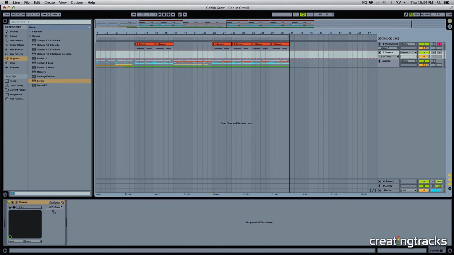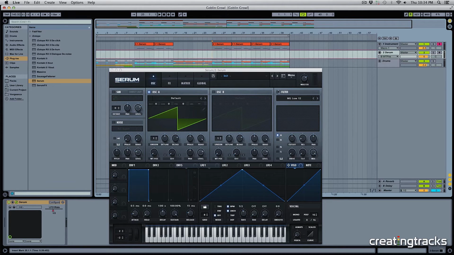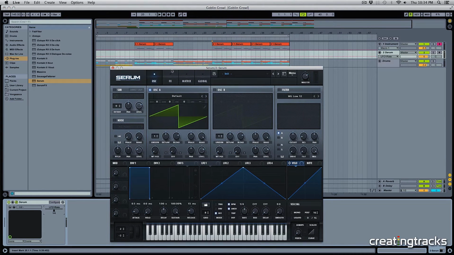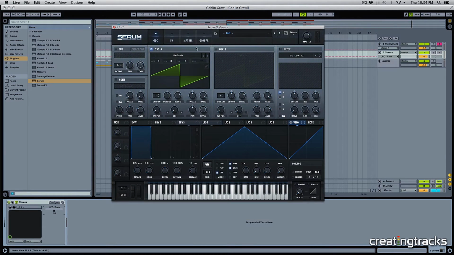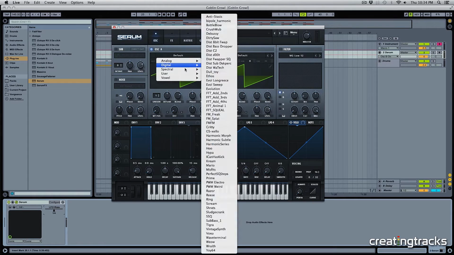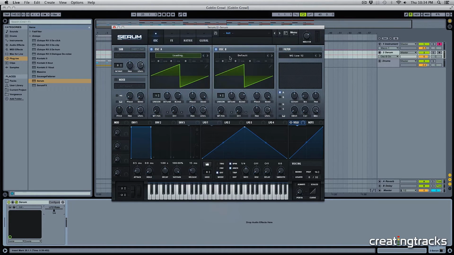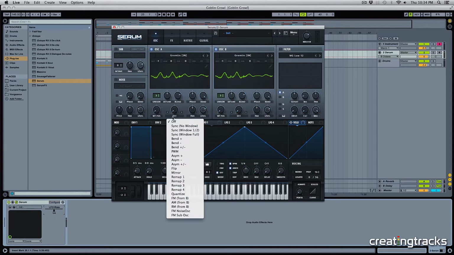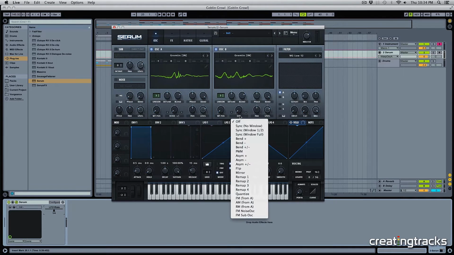Alright, so let's get into Serum, and we're going to go to Menu, Initialize Preset, and let me just bring this up here real quick. Alright, let's turn on the second oscillator, and we're going to pick a spectral gremlin on both of them, and we're going to make them 3 voices, pitch them down by 1 octave each, and pick a bend plus minus